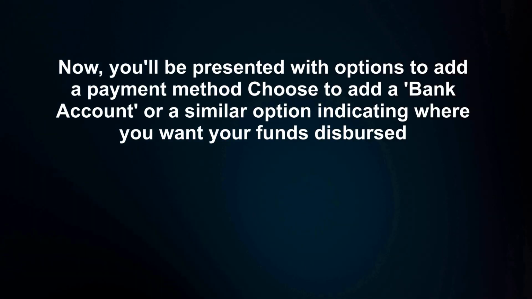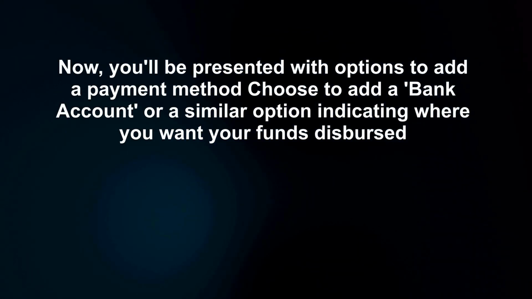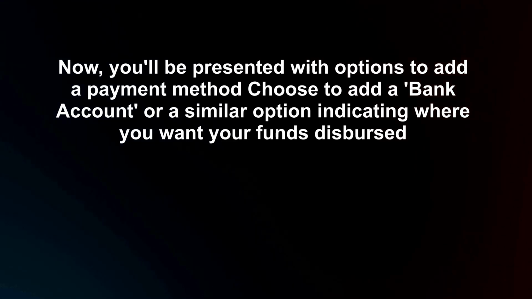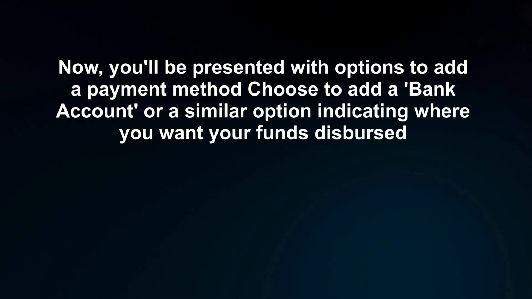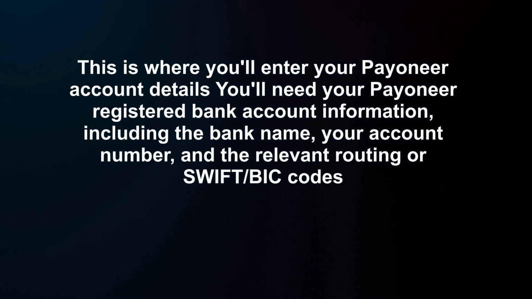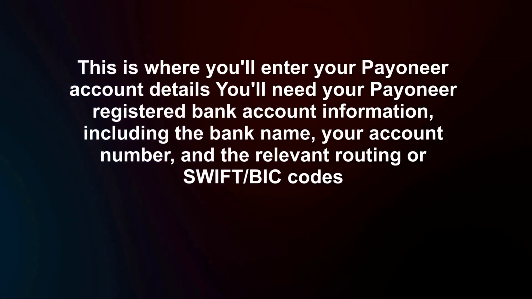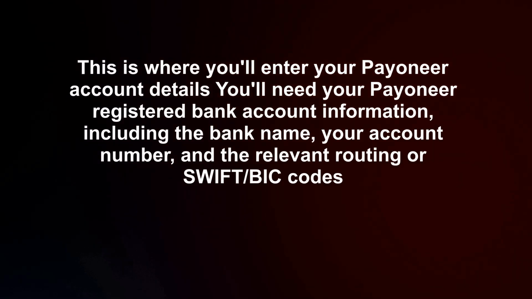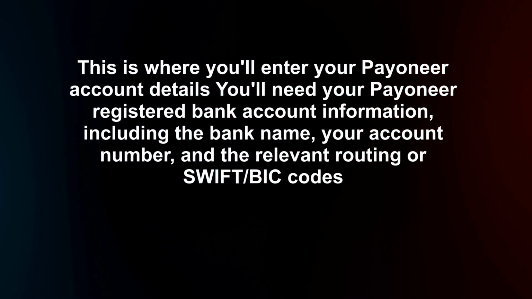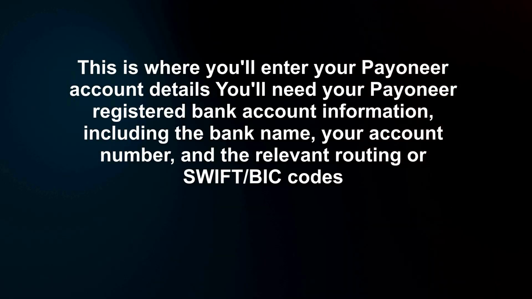Click on that. Now, you'll be presented with options to add a payment method. Choose to add a bank account or a similar option indicating where you want your funds disbursed. This is where you'll enter your Payoneer account details. You'll need your Payoneer registered bank account information, including the bank name, your account number, and the relevant routing or